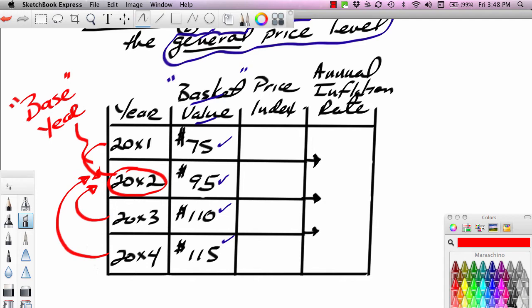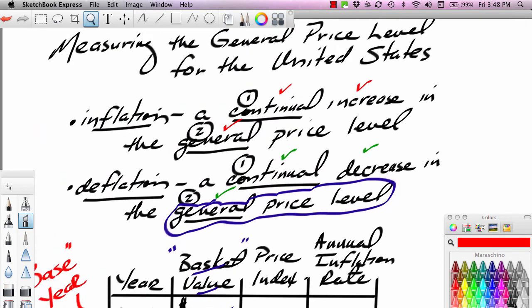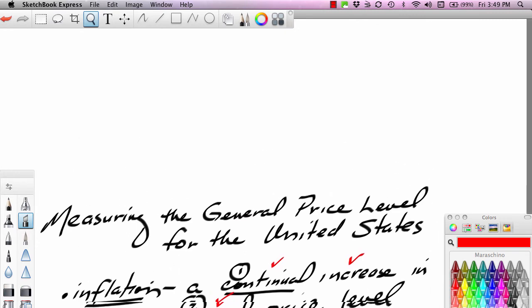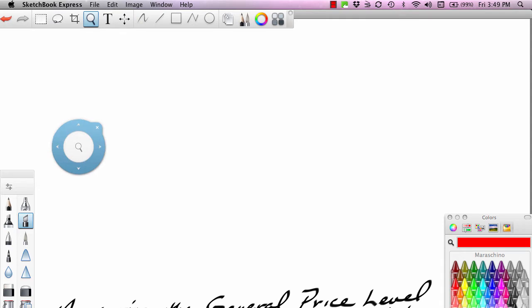We're going to select 20x2 as our base year, and then we're going to base all of our calculations off of that. Okay, now the idea is to calculate something called a price index. And I'm going to move up to the top here. I've left myself some room above where we started to make these calculations. So let me identify how you calculate what is called a price index. Now, the price index, let's say for year 1, is equal to the current